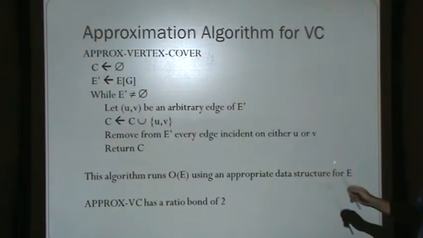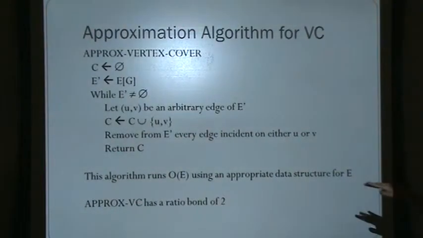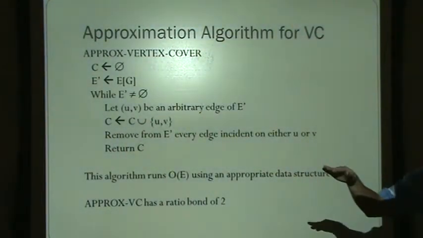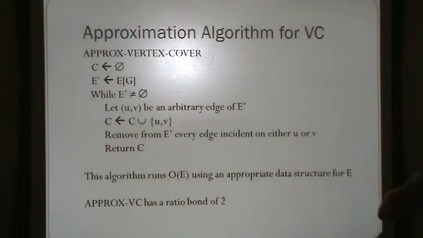But this one will run in order E, because for every edge, we grab an edge, assuming we had an appropriate data structure, a linked list to represent the graph, not a grid. We grab an edge, and then for every edge connected to it, we remove those edges. So it's just walking along that linked list. Then grab another one, remove all those. So the whole algorithm should run in order E,